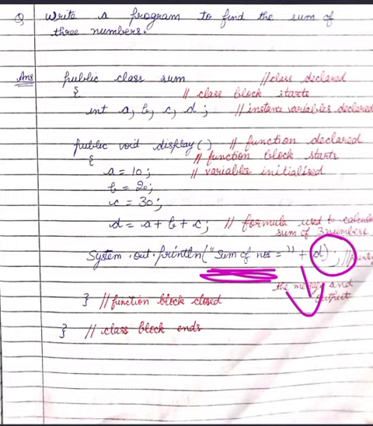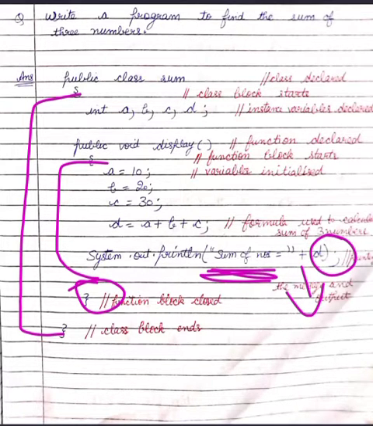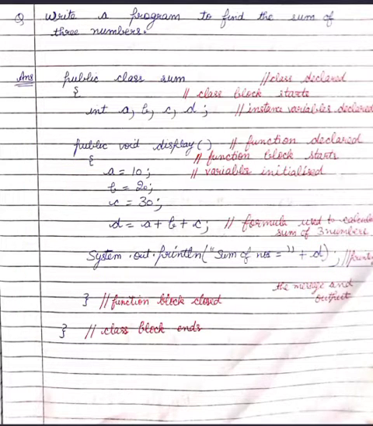So then we are closing the block of the function, and then we are closing the block of the class. So this is the way we write the program using assignment method. Now we have to write the comments and variable description also. So for each line you have to explain why you have written that line, and you have to